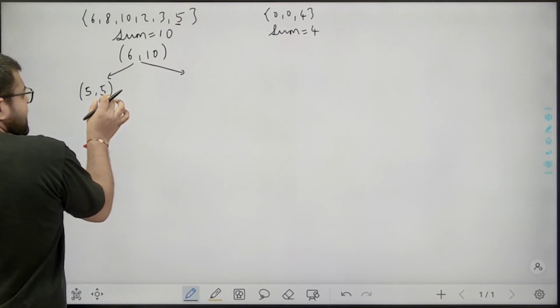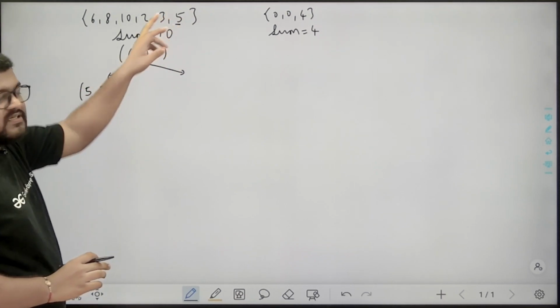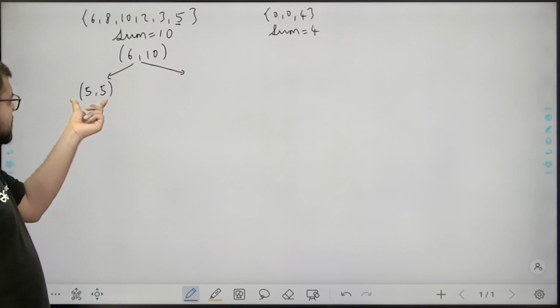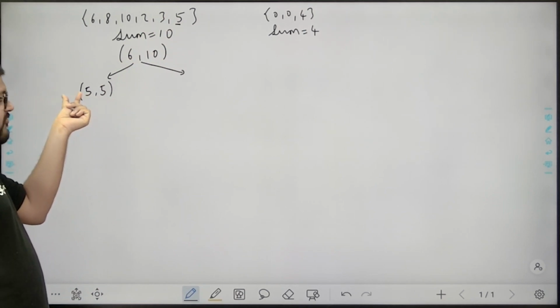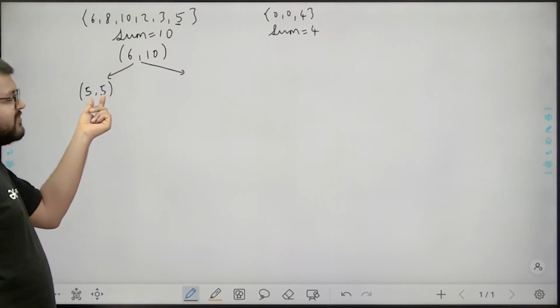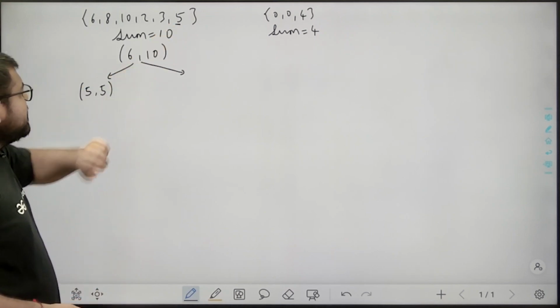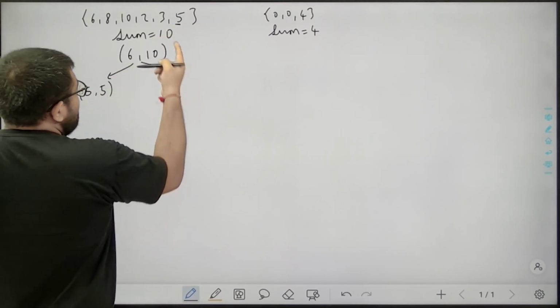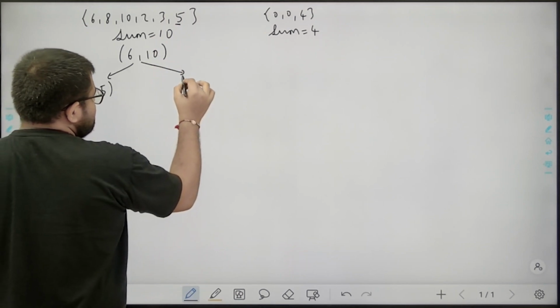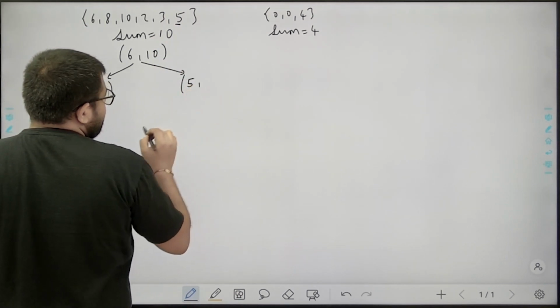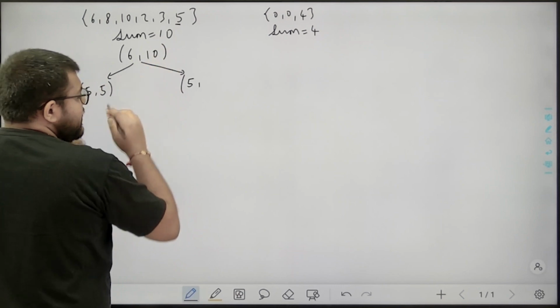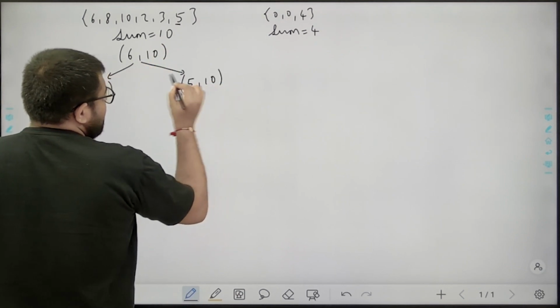So now the remaining sum is 5, since 10 minus 5 is 5. So what does this denote? It denotes the number of subsets of the first 5 elements whose sum is equal to 5, because I considered this element. Another option could be that I do not consider this element in my subset. Then what would the recursion call be? The number of elements remaining to be considered are the first 5 elements and the sum will remain 10 only, because I do